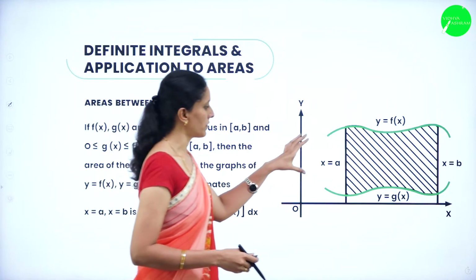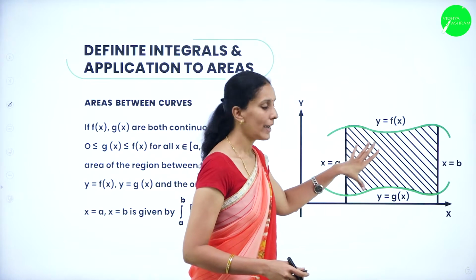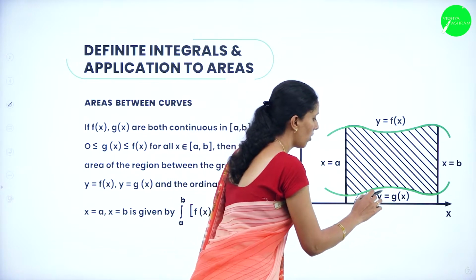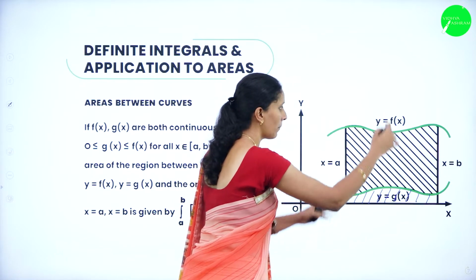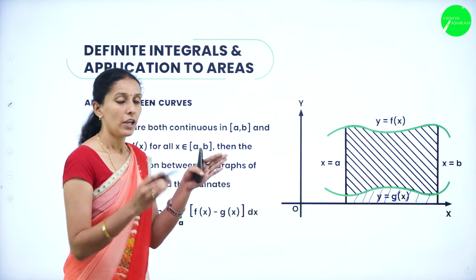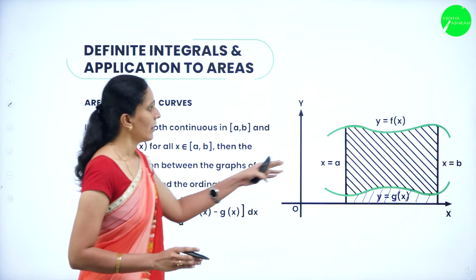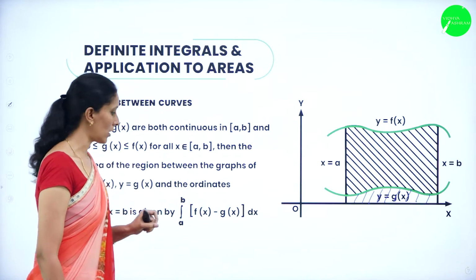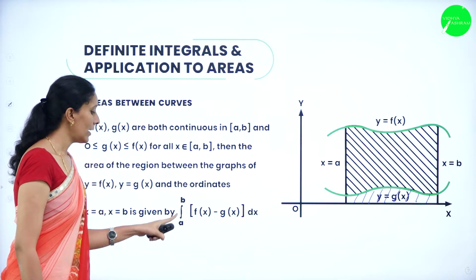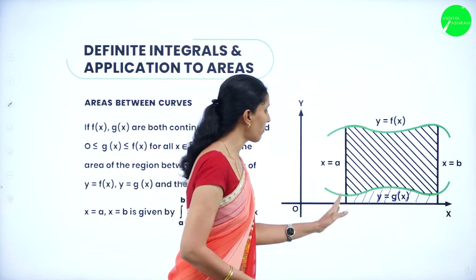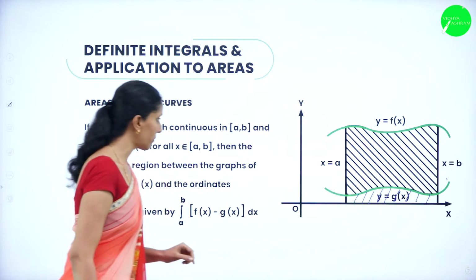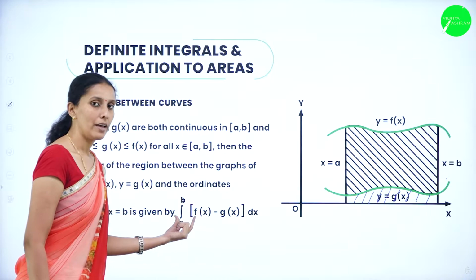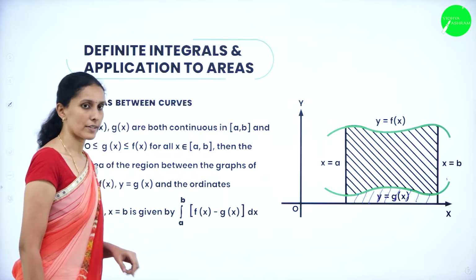When you have two curves, we have to calculate only the area between the two curves. This is the area of the curve g of x, and this complete area denotes the area of f of x. If you want the area between the curves, then area of f of x minus area of g of x gives you the area between the curves. Therefore, that is given by the integral from a to b, because the limits are from x is equal to a to x is equal to b. Area of f of x minus area of g of x can be written in the form of the integral of f of x minus g of x into dx.